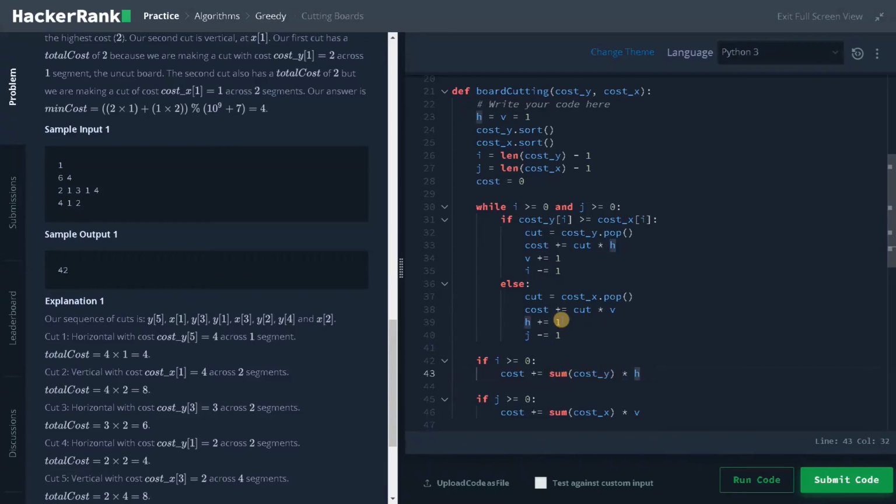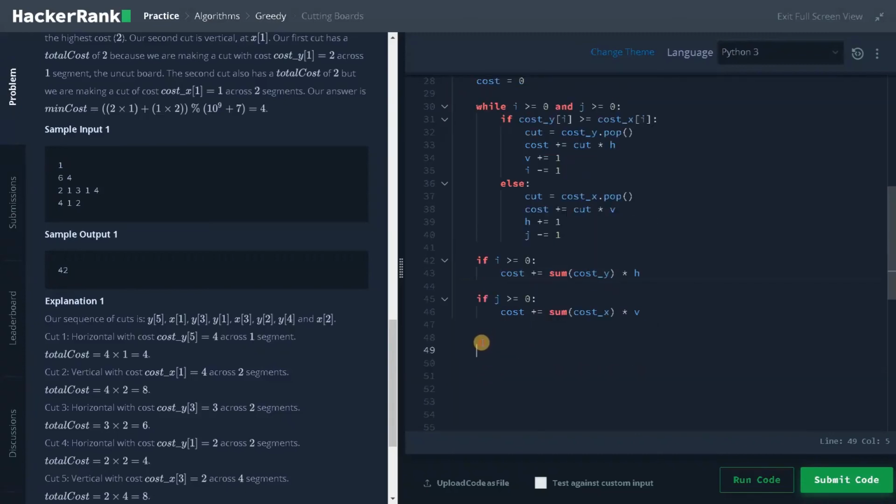We are not incrementing v or, in the opposite case, h, because when the while loop breaks, one part will be completely over. So that's why we don't have to increment h or v in this step. We're just going to sum the remaining cost available and multiply it by the number of splits so far. So after this, we'll have the final cost.